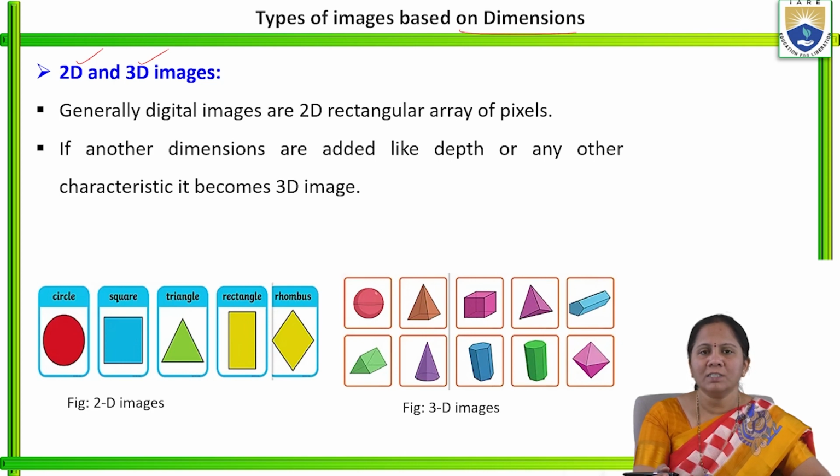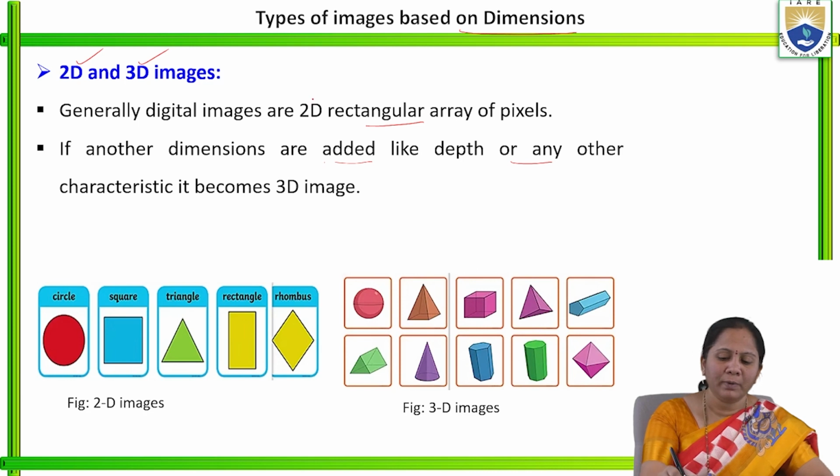Generally, the images that we see around us will be in terms of 3D. When it is captured by using a digital device like a camera, the image that we are seeing will be converted into 2D. So generally, digital images are a 2D rectangular array of pixels. If another dimension is added, like depth or any other characteristic, the 2D images will be converted into 3D